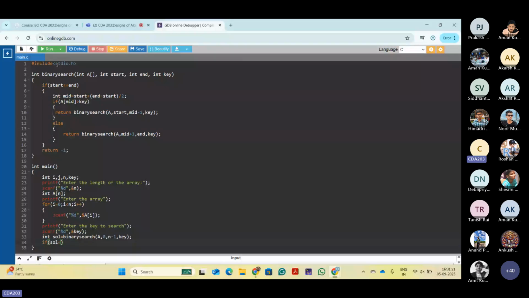This function will return either the index at which the point is, or it will return minus 1 if it is not present. So if solution is minus 1,